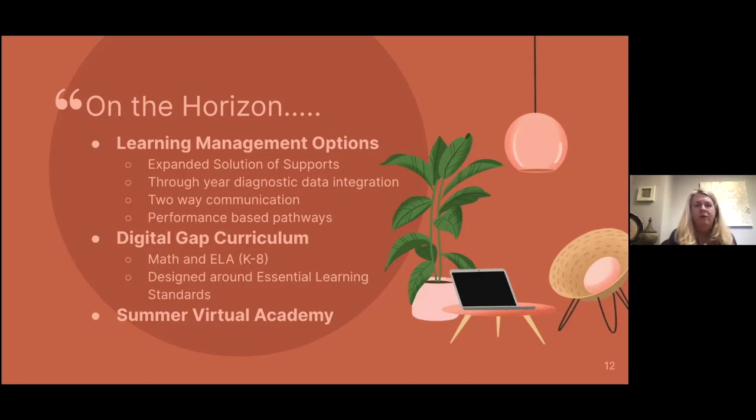It would include the capabilities of having diagnostic data integration into the same system, which I think would be a huge piece. It would have been for me as a classroom teacher, building leader, and district leader, and actually as a former state assessment director. Nothing would excite me more than to be able to put into your hands in one system the through-year diagnostic data on your students, and you be able to see that alongside making personalized pathways for curriculum.